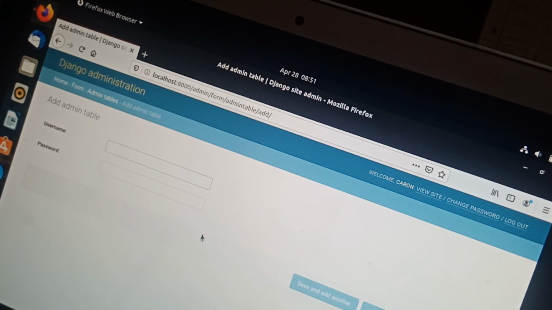Username as, password as, we'll save it.